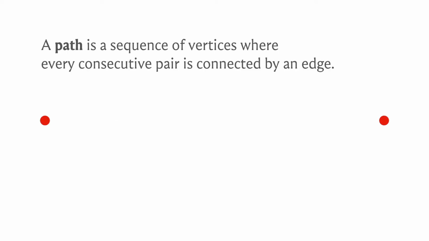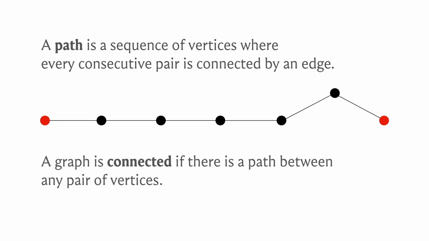So this sort of a sequence is called a path. So you can use a path to travel around in this graph, and a graph is connected if you have such a path between any pair of vertices. So you could come up with examples of graphs that are not connected. So for example, if you draw on a piece of paper, let's say two triangles, for instance, which are disjoint